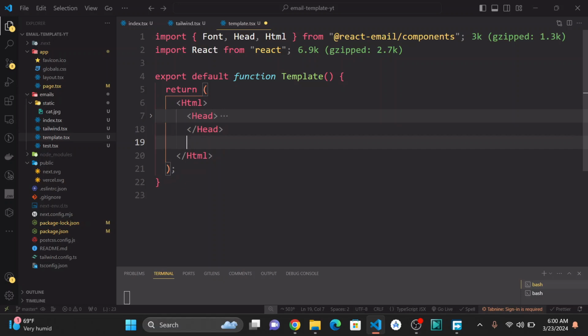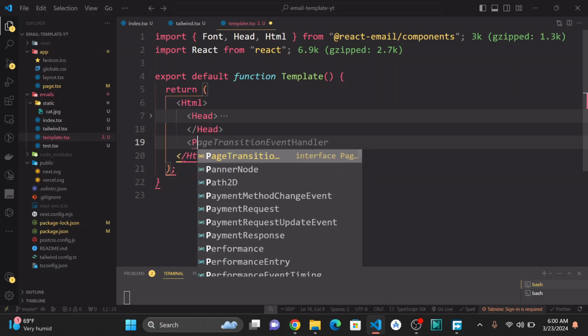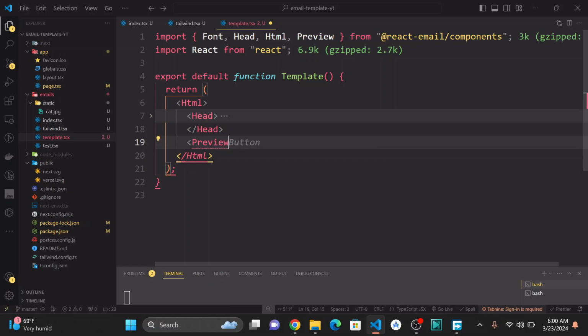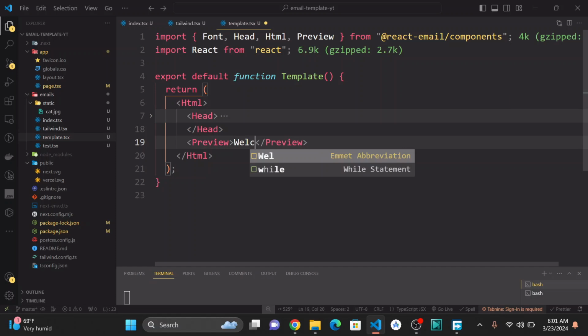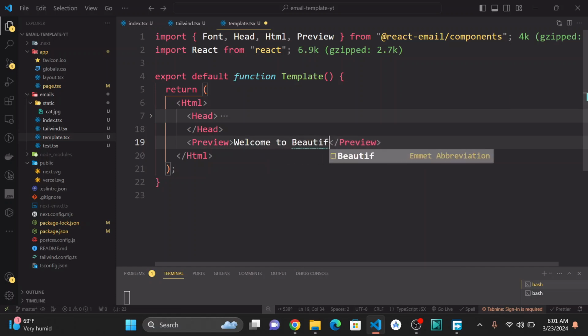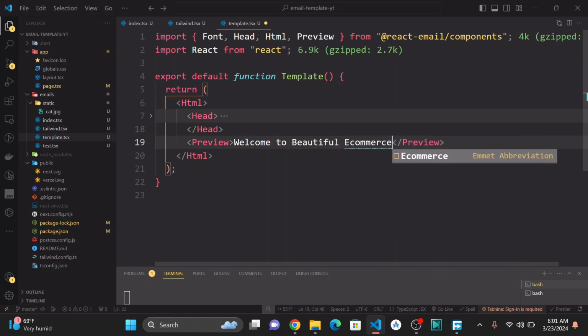After that we can put two things. One, we can first put the preview. So just write preview, and this is the preview of the template. For instance, I can say welcome to beautiful e-commerce template. Okay,